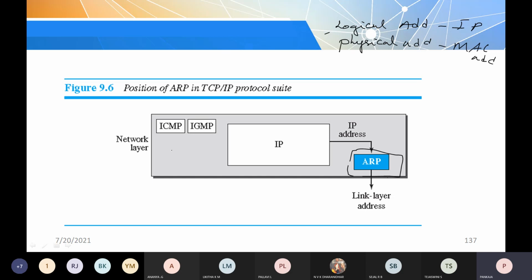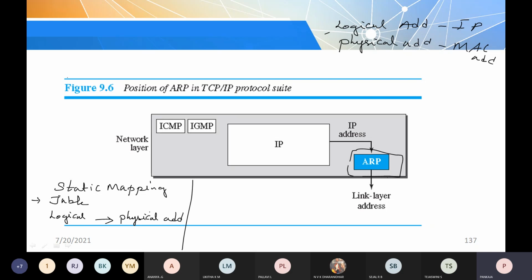How exactly does this mapping take place? It can be done in two ways. That is not given in the textbook, but you should know the information. How exactly can it be maintained? There are two methods. One is the static method, called static mapping. You should know the meaning of static. Your student list is static, we know that there are 66 students. It is not going to be dynamic. In this static method, they maintain a table, and in that table, for each logical address, the corresponding physical address information is stored.